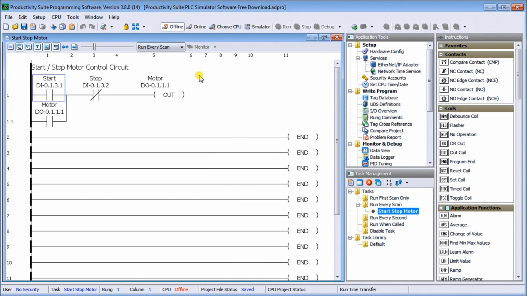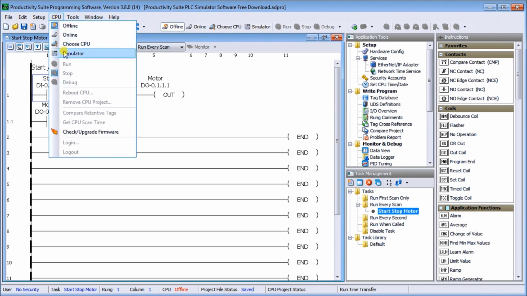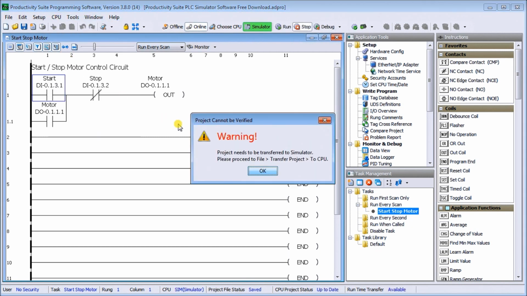You'll see here that this is the start-stop circuit that we did. We're complete with the drawing and labeling. And the first thing we'll do is we will actually connect to our simulator. Now, we can do simulator right here and connect, or we can do CPU simulator. And what that will do is actually